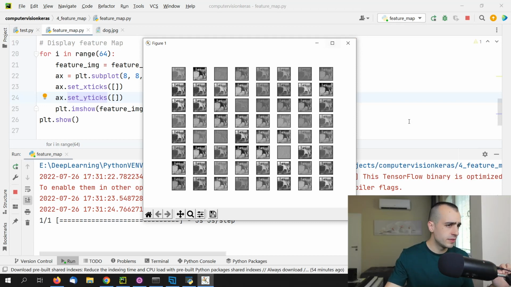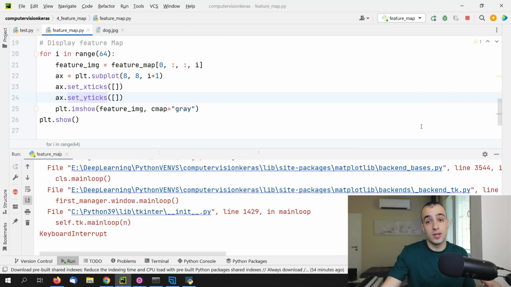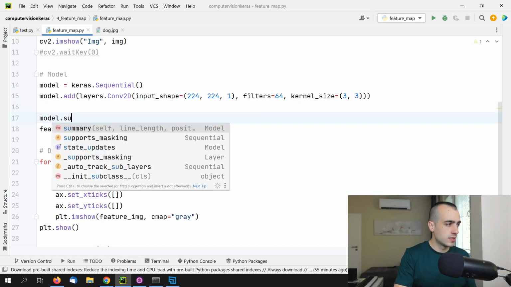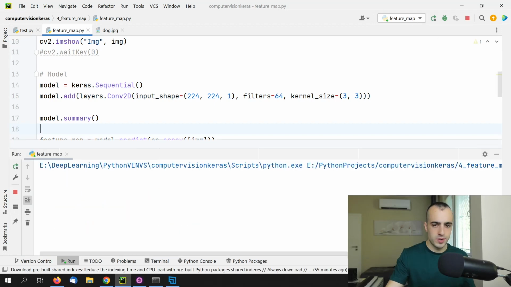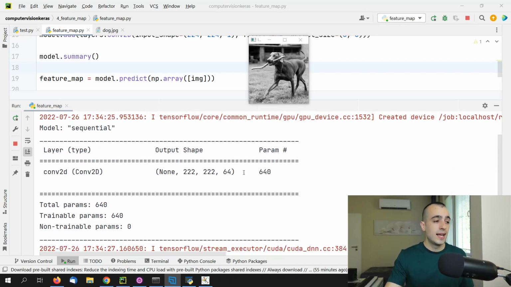Now, one last thing before going further: I want to show that we can load the image with color, not only in grayscale. I also want to show what is going to change. I will start by displaying the summary of the model, model.summary, like this, and let me run this right now. The model now is taking a grayscale image, so only one channel, and on the convolutional layer